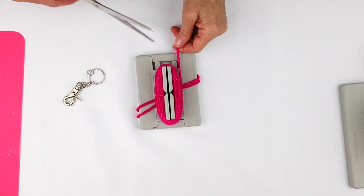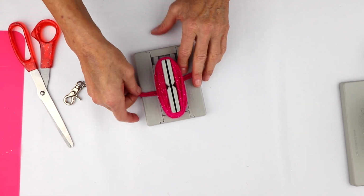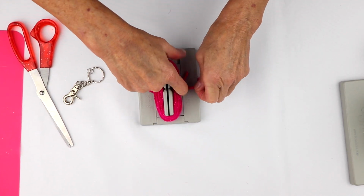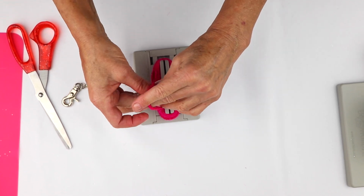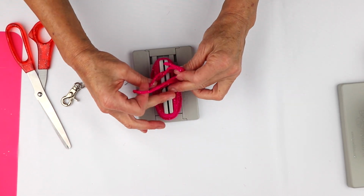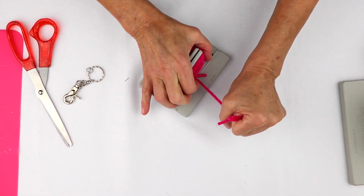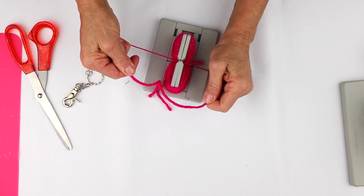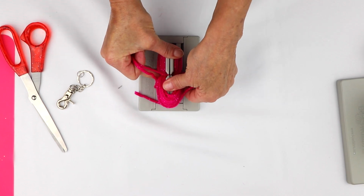Then I'm going to just clip my yarn and take my yarn, and the reason that I folded it in half is because now I have a slip knot. So I'm just going to pull this through. I'm going to hold my yarn down while I pull this really, really tight. Then I'm going to take the ends and now take it out of the Bowdabra